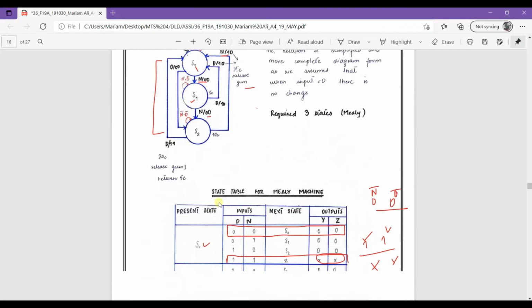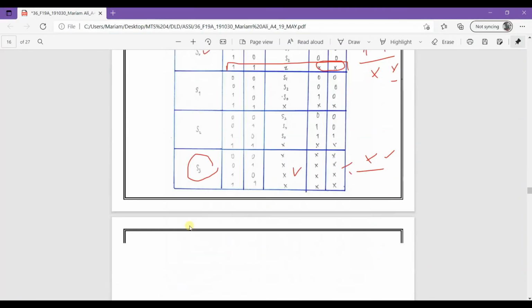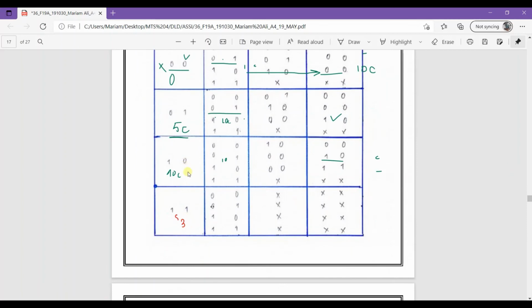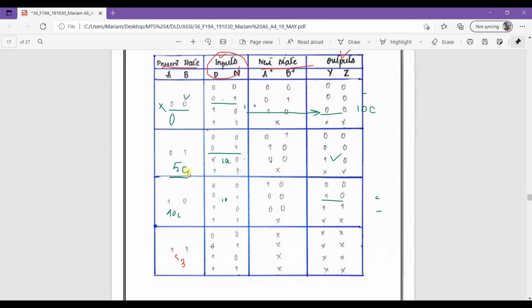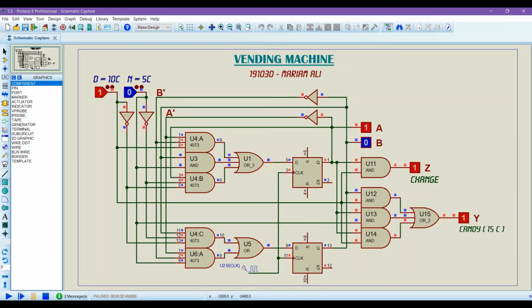As I showed here, this state means that a coin is already present here. So a 10 cent is provided to the machine, a 10 cent was already provided to the machine, and that's why it forms 20 cents, so a change of 5 cents is returned and a candy is obtained.